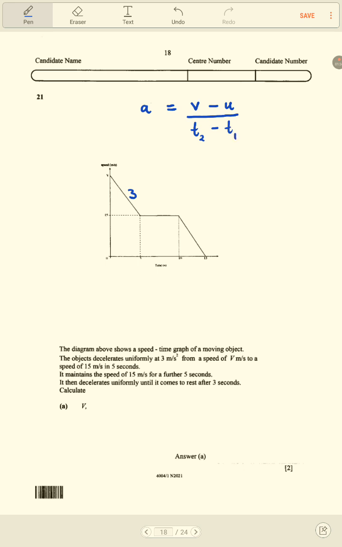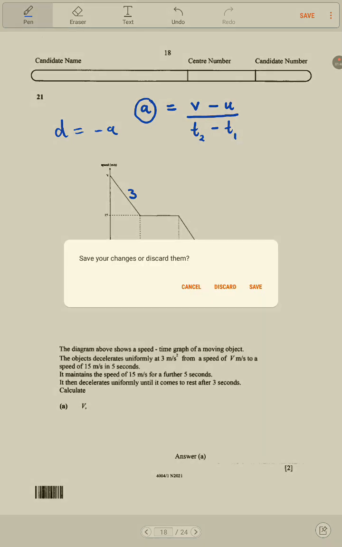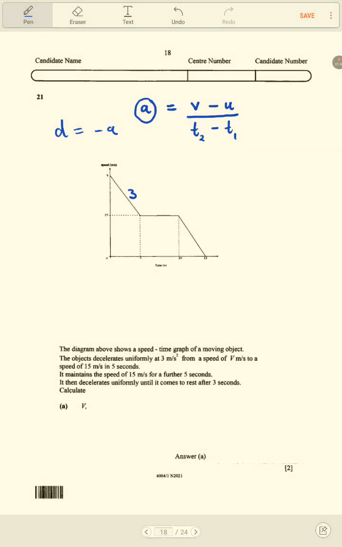So if acceleration here is equal to minus 3, since deceleration is equal to negative acceleration, right? So we have this value, and this value is 3. We have this value as 3 being equal to negative a, which means a will be equal to negative 3,